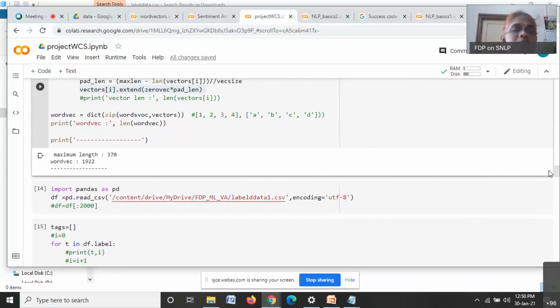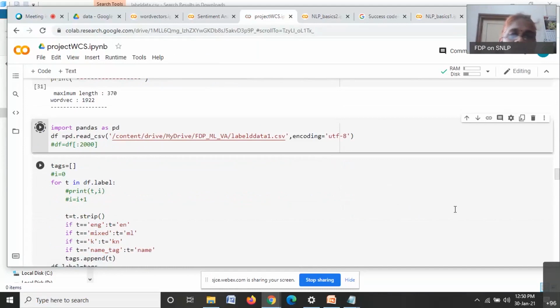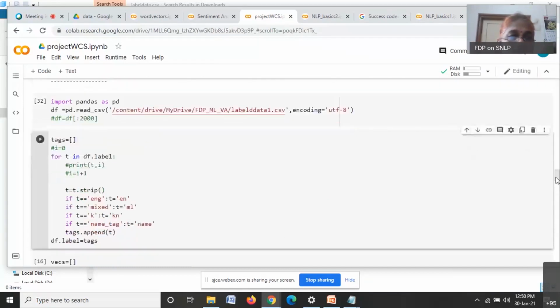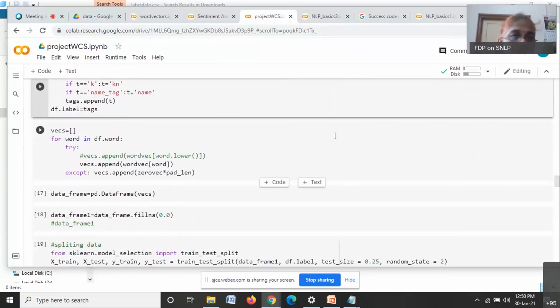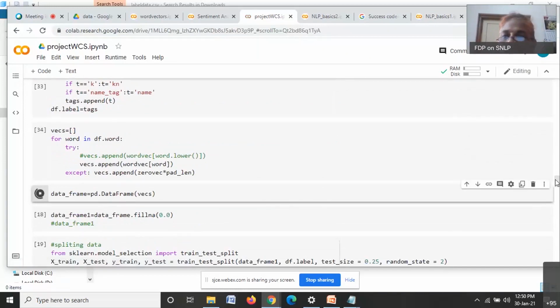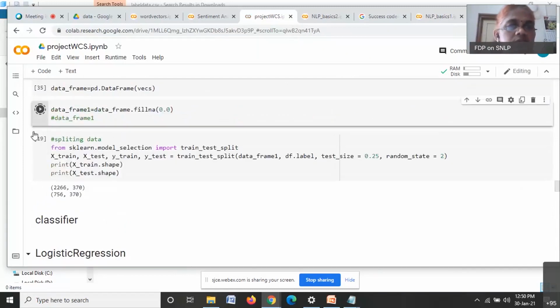So this completes the text representation part, and the next part, as usual, is the machine learning part. For the machine learning part, you can use any of the machine learning algorithms. I'll just run a machine learning algorithm here.